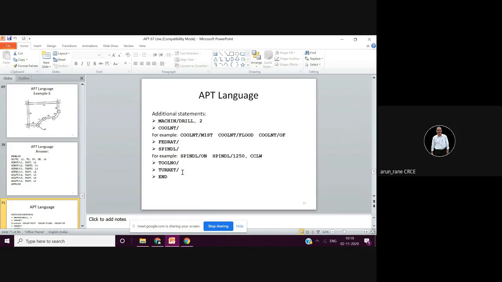Then you have the tool number, that is tool number 1, 2, 3. Then you have the turret. If it is a CNC lathe, then you can also give the turret. If it is CNC milling, then you can give the tool numbers. And then the end, that is at the end of the program.